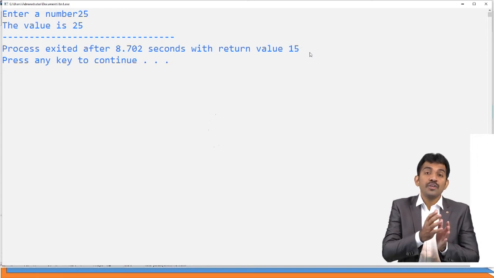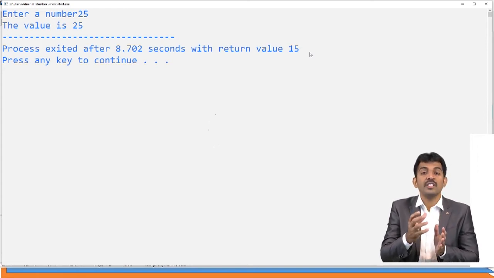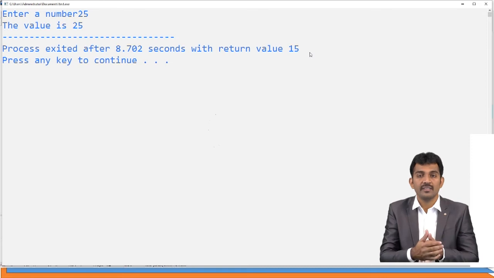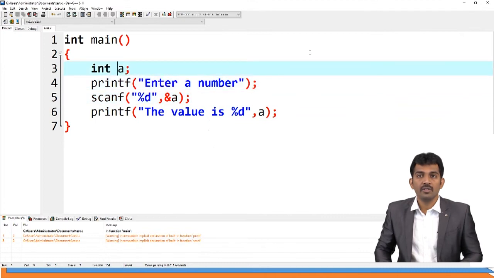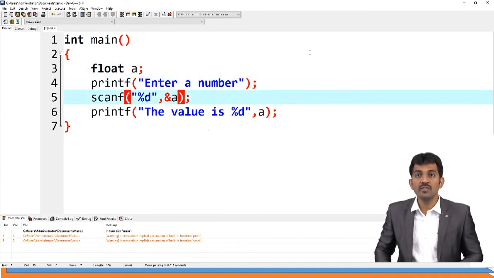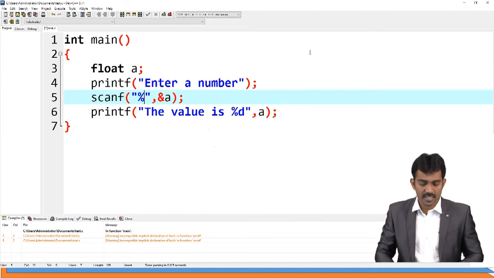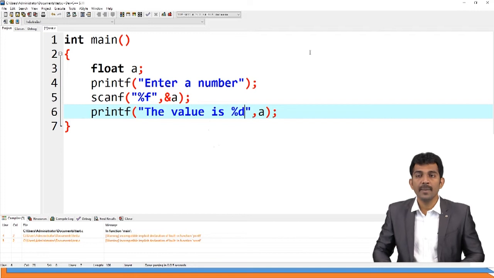Next, we are going to use the variable a to print the output of the value which you read. Right? Is this clear? This is the way you are going to read and print the data. And for example, if you want to read a float value, then you should use float as a data type. When you use a float, which access specifier should you use here? %f. Right? And you should use %f here also.